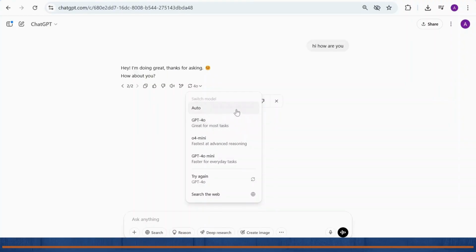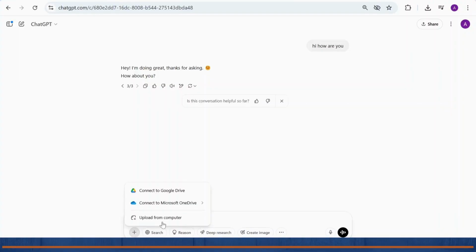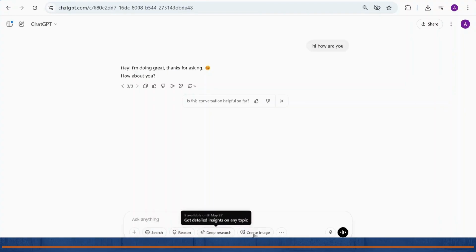Now, it's most efficient to use the auto option here, while it just changes with your response and what you're trying to ask. So with that, you can now use your ChatGPT just as you want. You can upload your files, folders, you can ask it to analyze it, you can search the web, you can think before responding, and different stuff here. And that's basically how you use